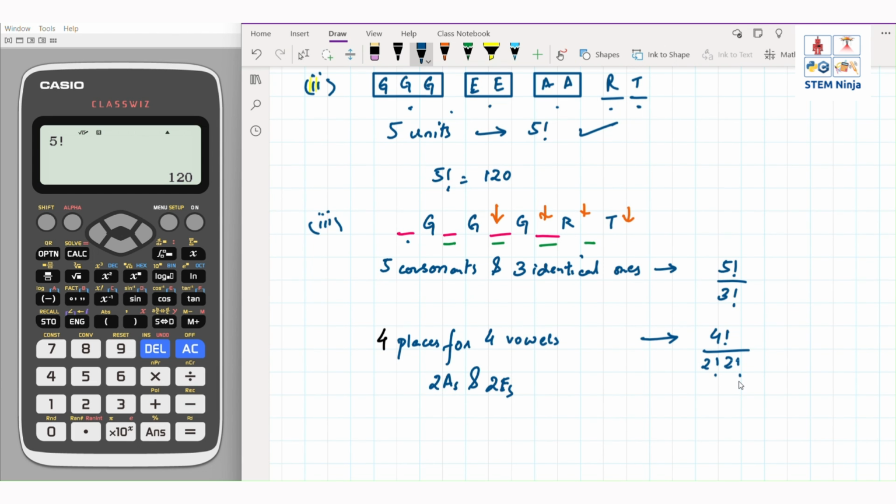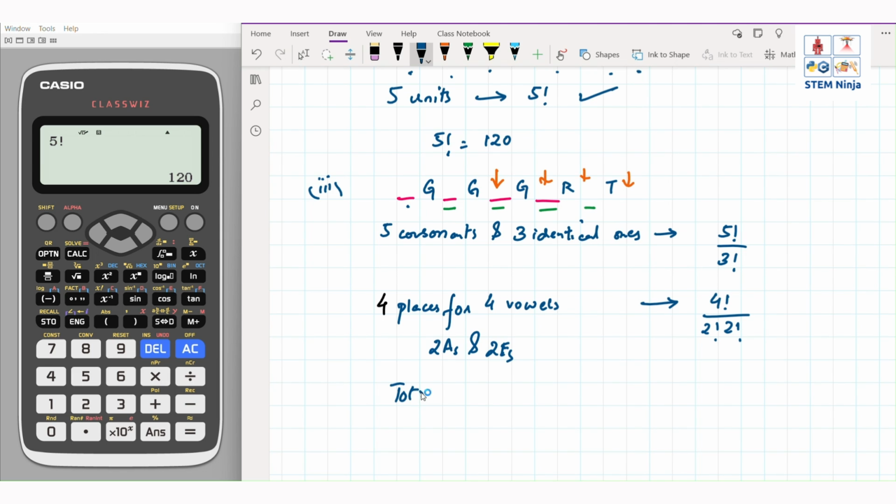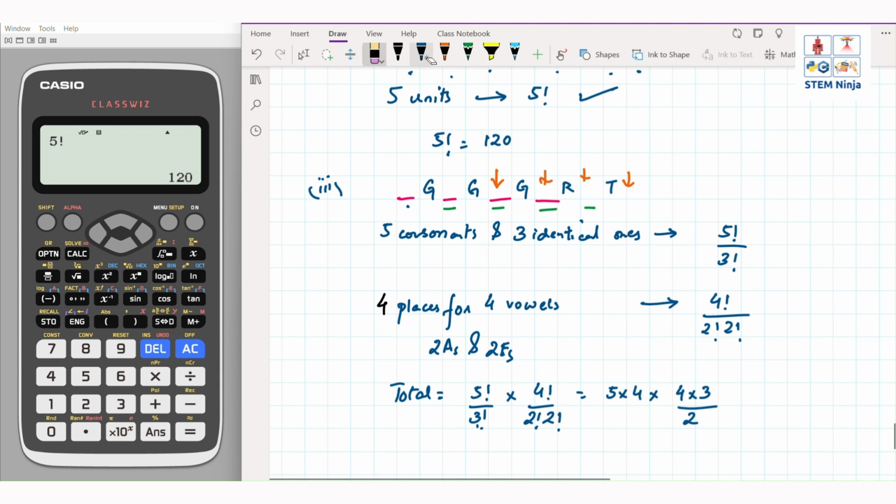we will do this. So total would be 5 factorial divided by 3 factorial times by 4 factorial, 2 factorial, 2 factorial. So 5 factorial divided by 3 factorial would be just 5 times by 4 times by 4 factorial is 4 times by 3 times by 2. One of these can be cancelled out. So 4 times by 3 divided by 2 basically. So 20 times by 12 divided by 2, so 120